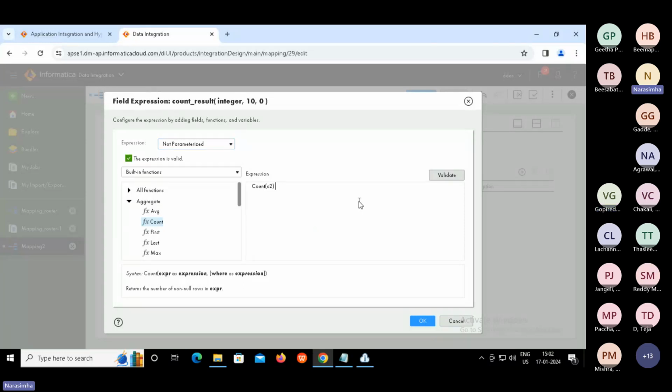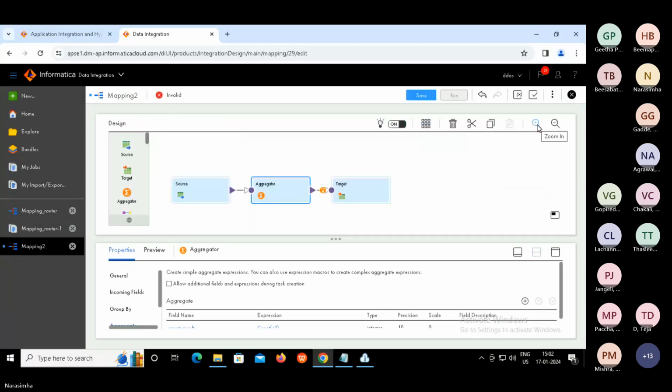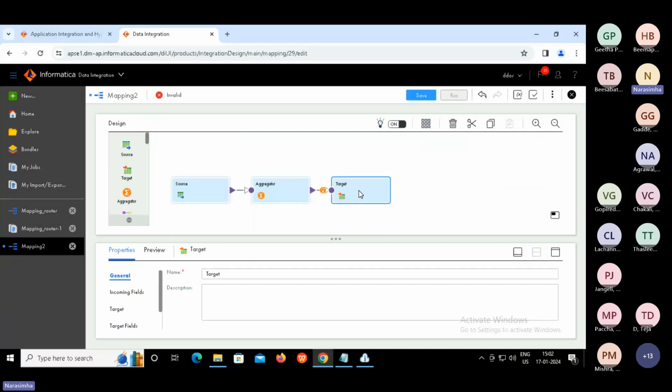So done all, guys, and then say okay. That's it. Now let us restore and configure the target.